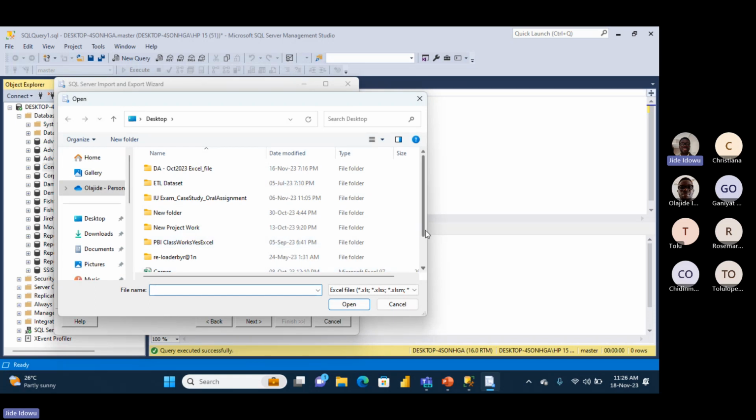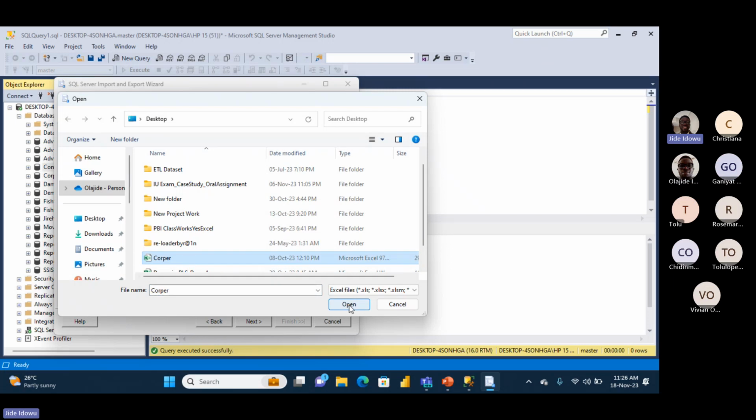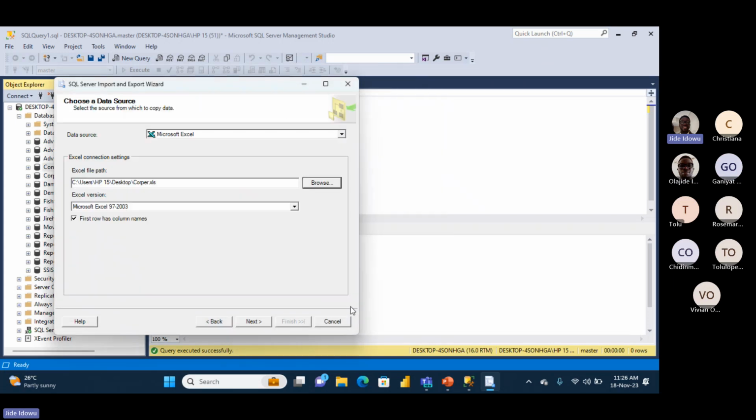Okay, yes. So if I browse, I can see copper. It's called copper, and I saved it as 97-2003. So I can click once and say open, or double click on it. So now when I do this, the source is Excel, the address where you can locate it, I've given it, and you are seeing the Excel version. And you should also use first row as header. I opened it in Excel and you saw customer ID and all of that, right? So I will click on